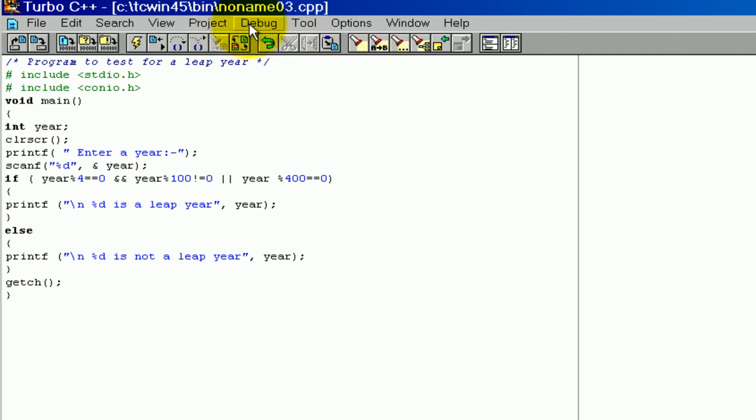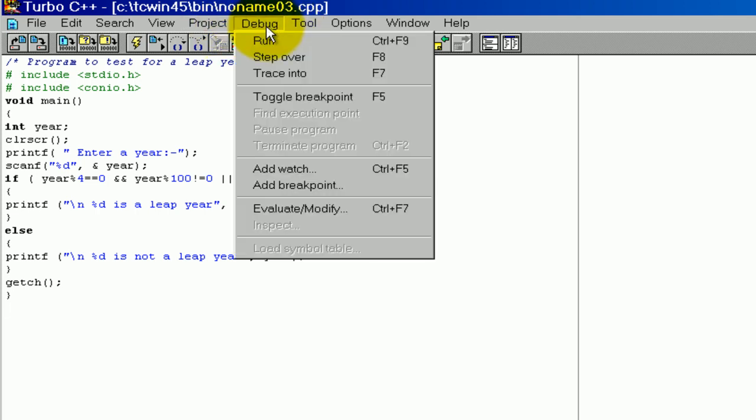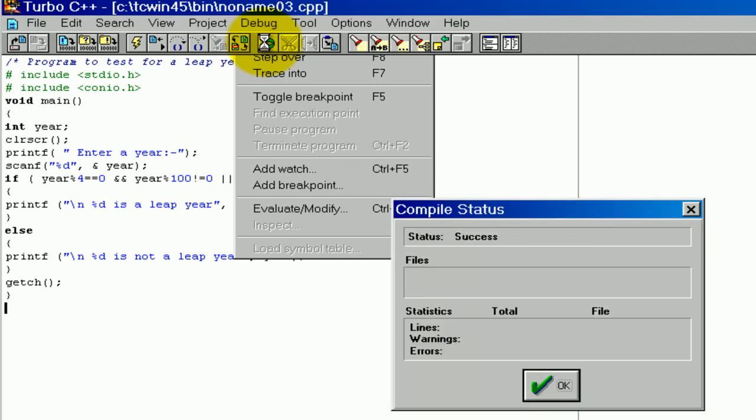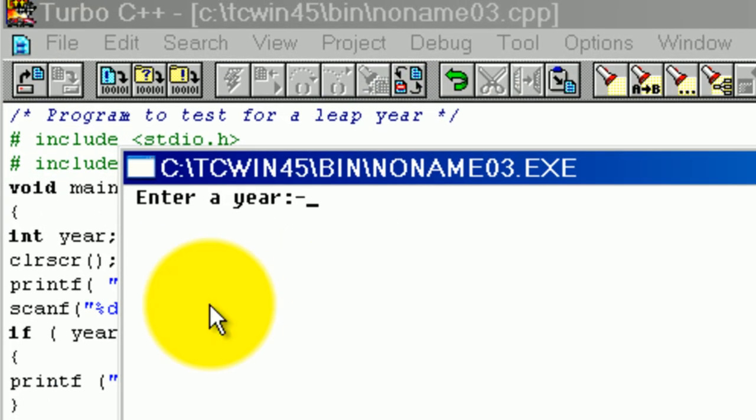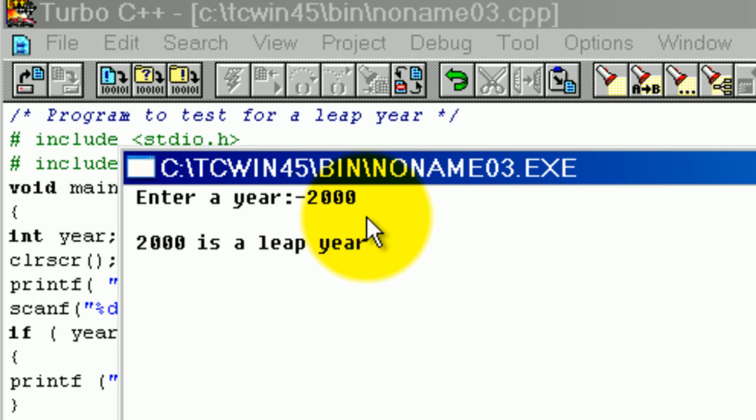Click on debug, click on run. Enter a year. This is the input statement. We type 2000. Okay. Enter. 2000 is a leap year. Okay. It is correct.